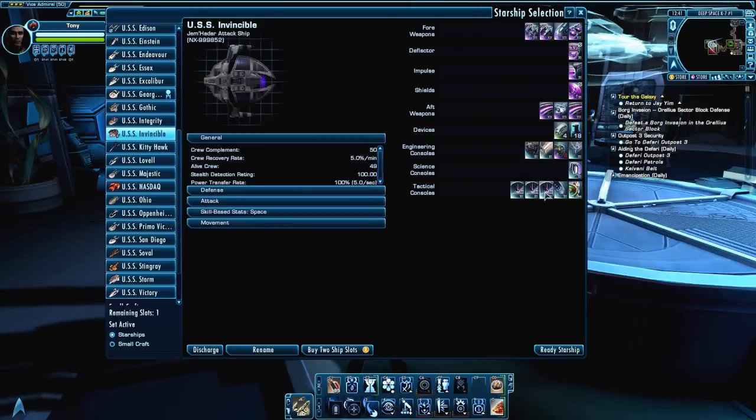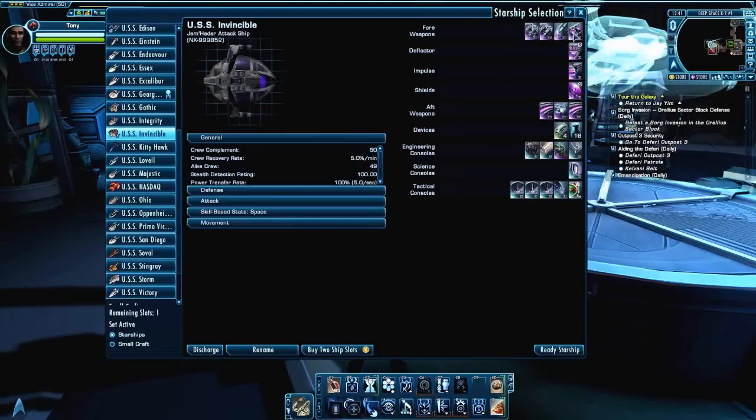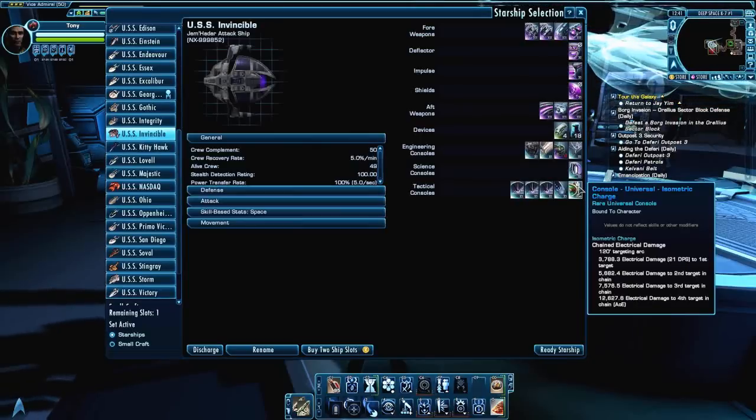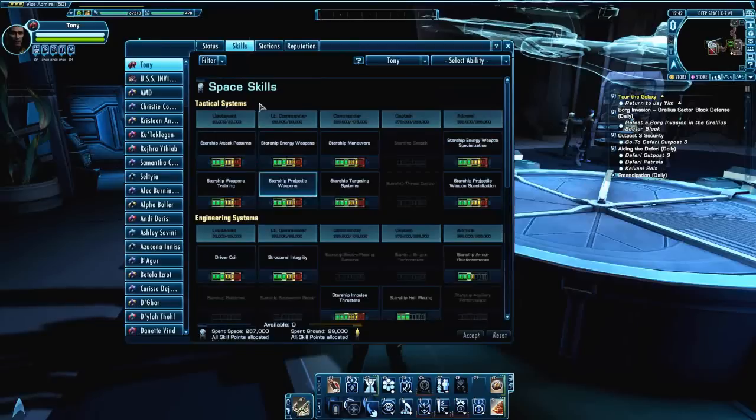But what I did is I have 3 Polaron consoles, a quantum chamber for the torpedoes because I'm using quantums, Polaron cannons, beam array, and then I have this isometric charge, which works really well, especially on this ship and the Galler. And if you look at the Invincible's buff stations,